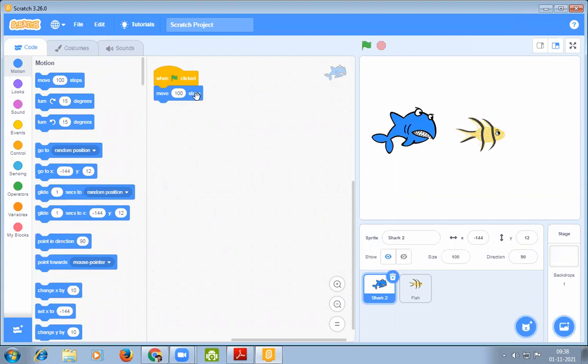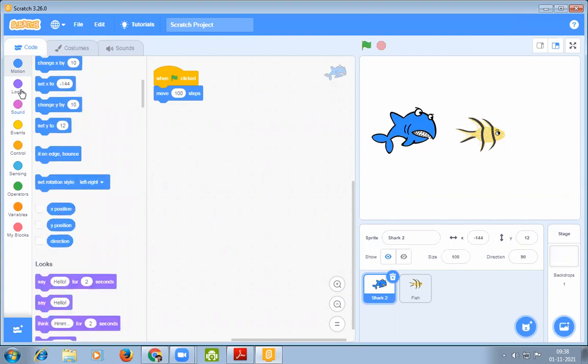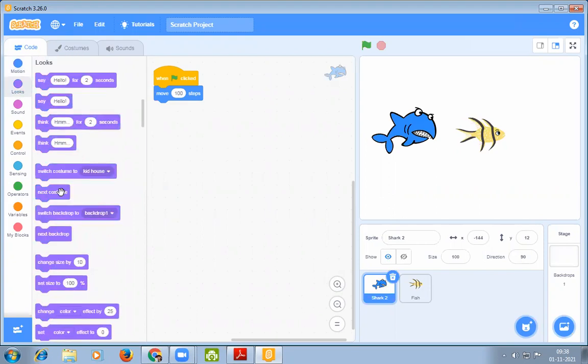Then next costume. Search for costumes. Where is costumes? Looks. Next costume. Drag it here. Let's see what is happening.